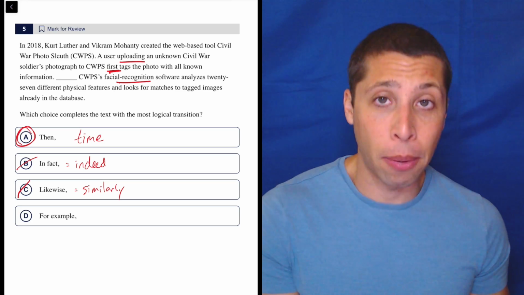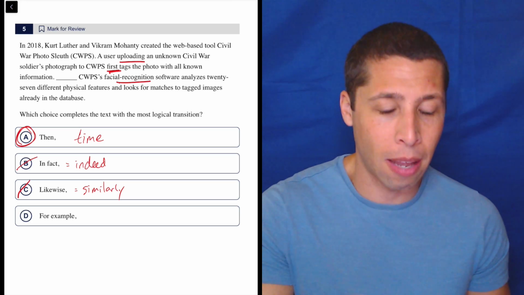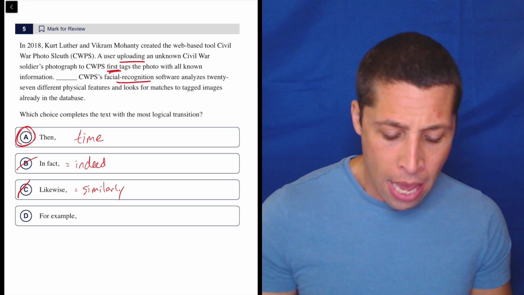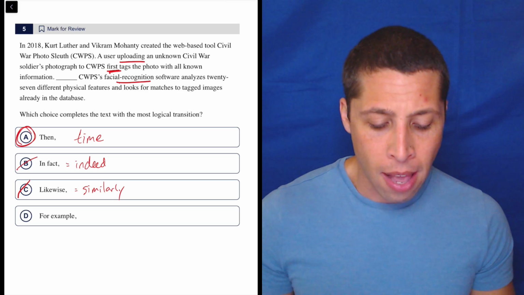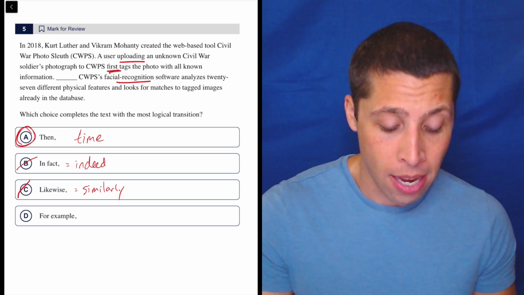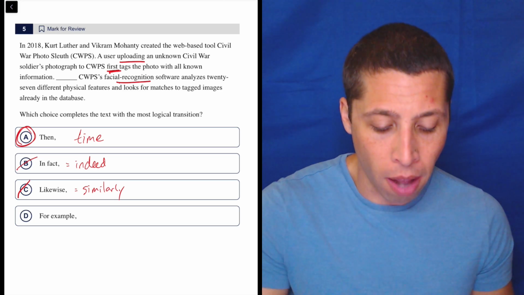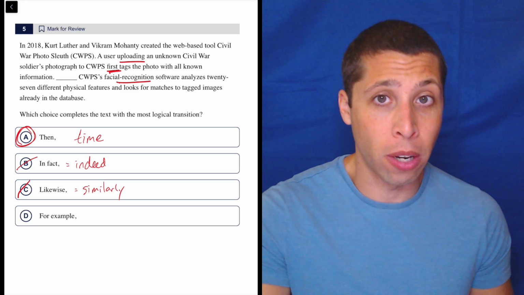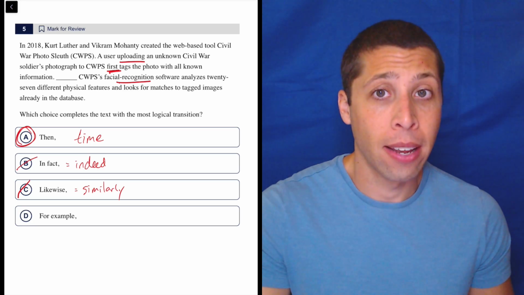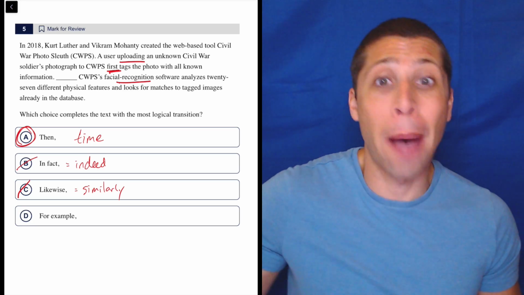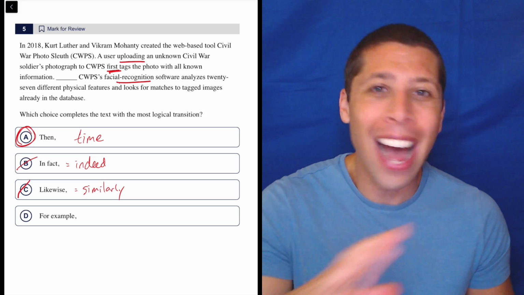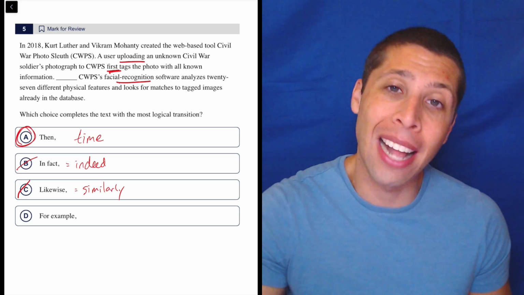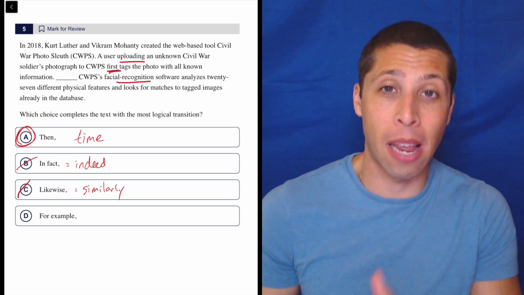And it's not an example either because, and I think that's the trick that most people will pick if they get this wrong, for example would be saying that the second sentence is going to be an example of tagging the photo with all known information. It's not that. It's an example of what happens after we tag it, right? So it's not an example of the first sentence, and that's the only time we can use for example as